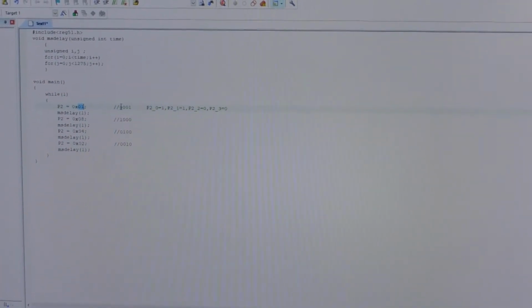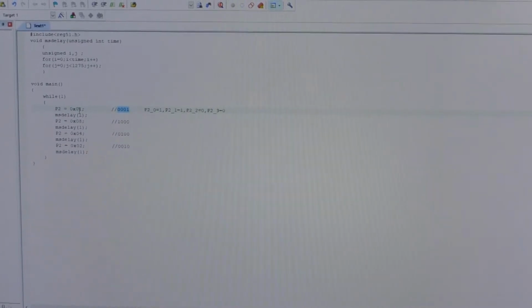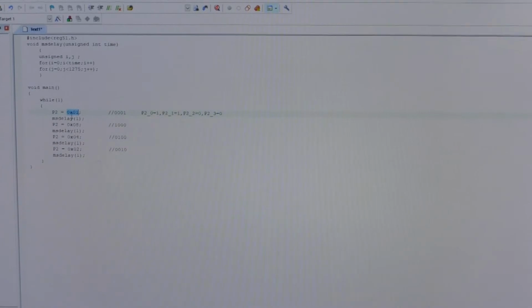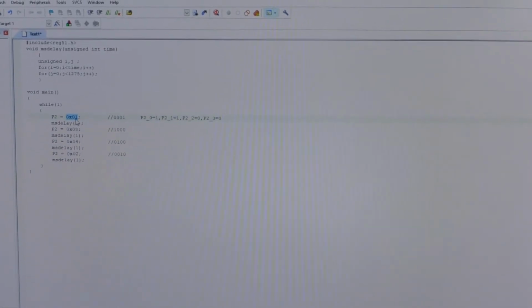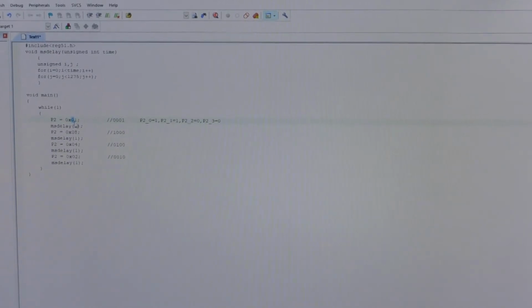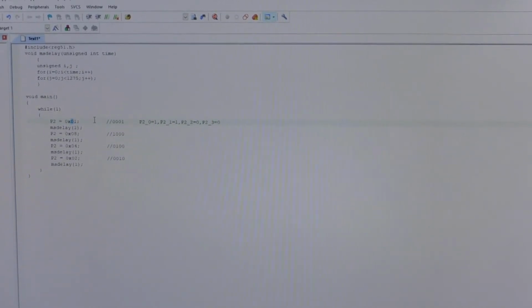This is a hexadecimal representation, 0x01. In binary, the 0 in hexadecimal is equivalent to four zeros in binary.